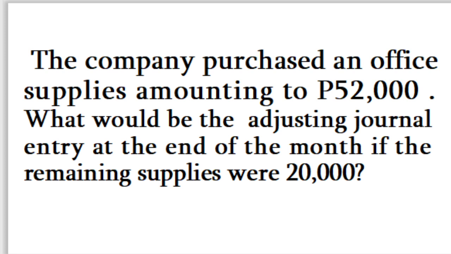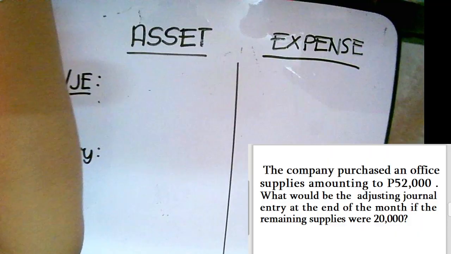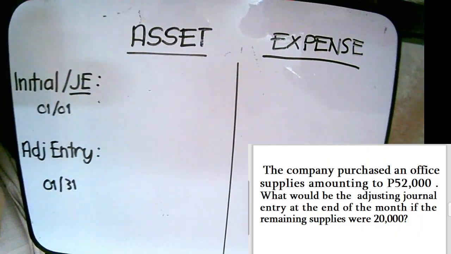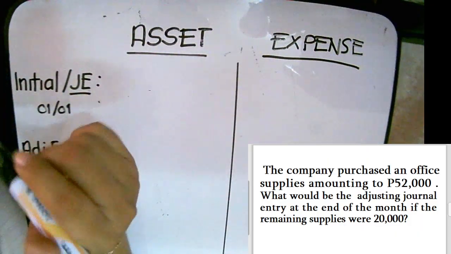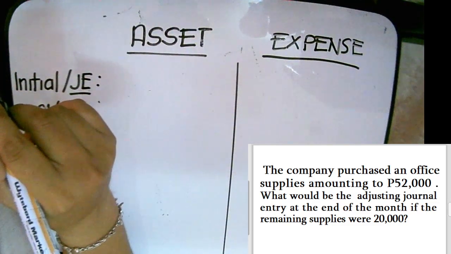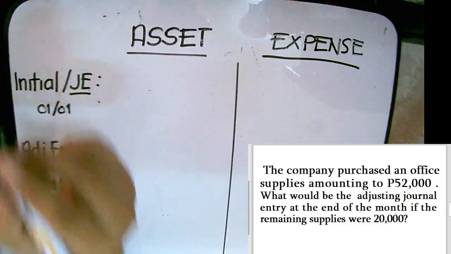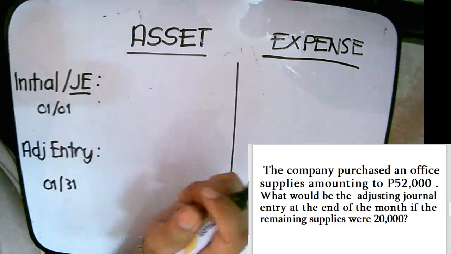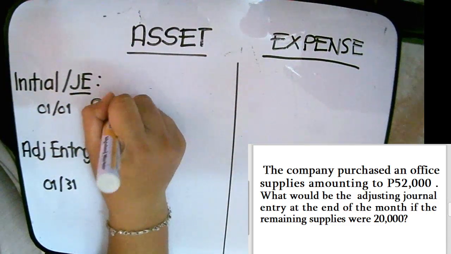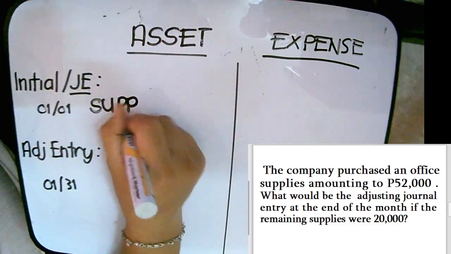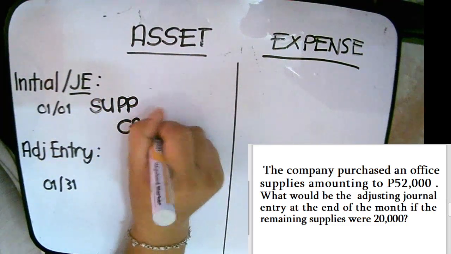Another example, the company purchased office supplies amounting to 52,000 pesos. What would be the adjusting journal entry at the end of the month if the remaining supplies were 20,000 pesos? So again, gawin natin yung ating initial entry or our journal entry on January 1 upon purchase of the office supplies. Asset method, yung normal natin na ginagawa. We debit supplies and then we credit cash in the amount of